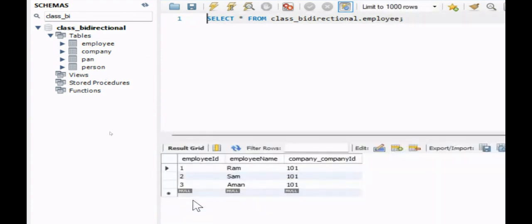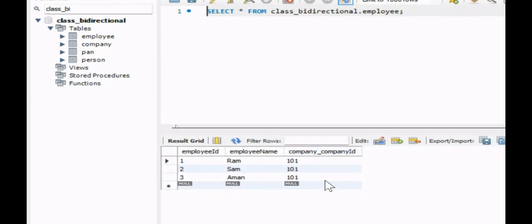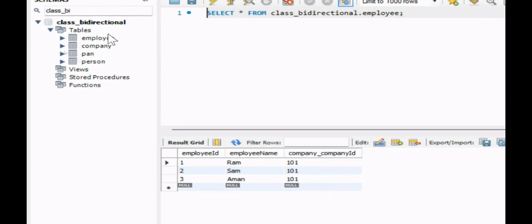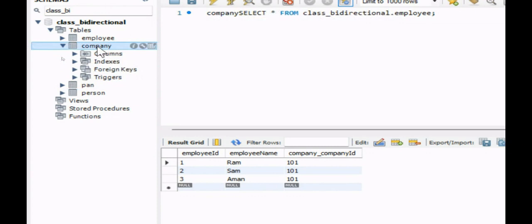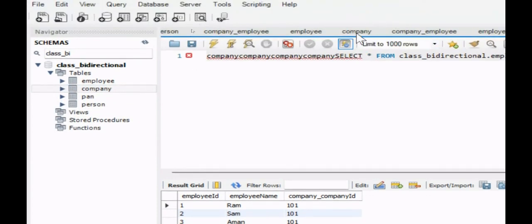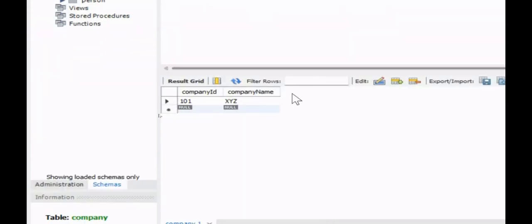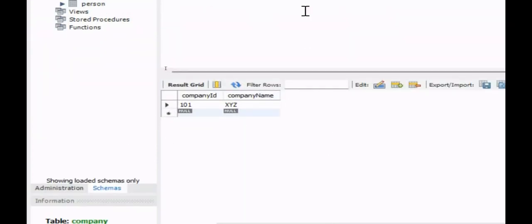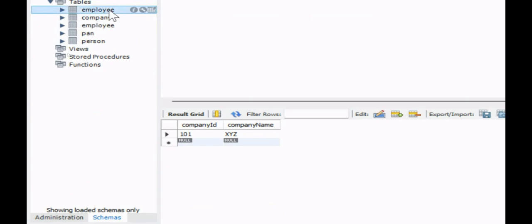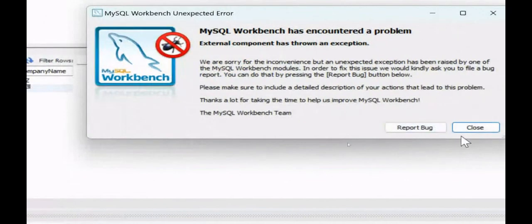Our employee table has a company ID column, that is a foreign column, and we don't have a third table generated. Now, even though this company looks like it does not have any relationship with the employee, you can fetch the